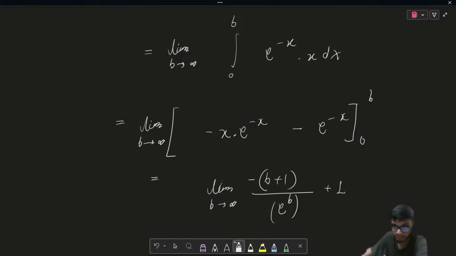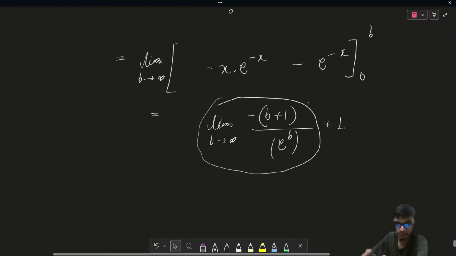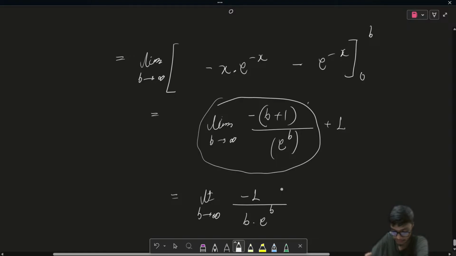So as b tends towards 0, it is infinity upon infinity form. If you look at this particular limit, it is basically infinity upon infinity form. We can simply use the L'Hopital rule, and if I differentiate, this is going to be minus 1 upon b into e to the power minus b, right? So this will give you the result as minus 1 of,